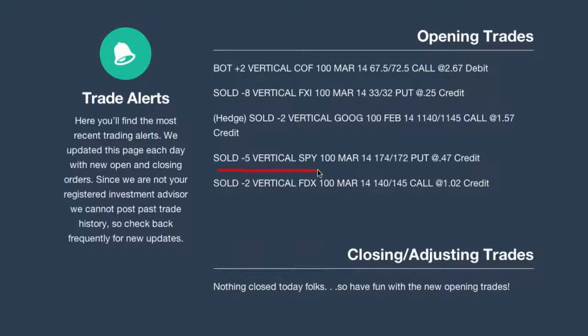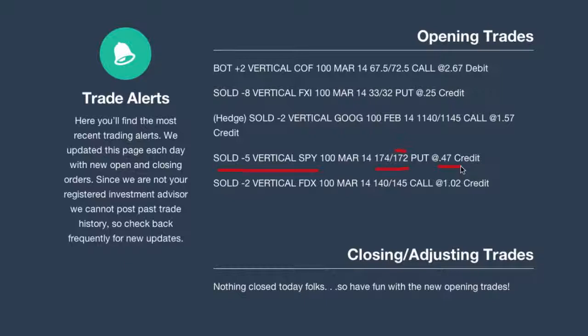And then let's go to the vertical spread on SPY. So this is the major S&P 500 ETF. Traded the March 174-172 put spread. So again, a $2 wide put spread. Take advantage of widening out these strikes, taking in a little bit more credit, and saving some commission. That's exactly what we did here. Instead of trading the 174, 173, widened it out to the 174, 172, and took in a nice credit of